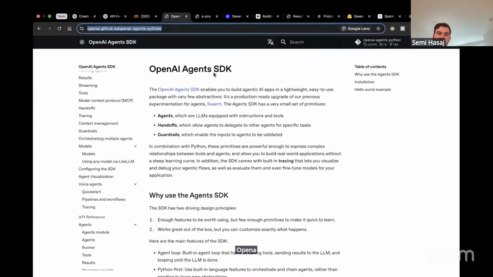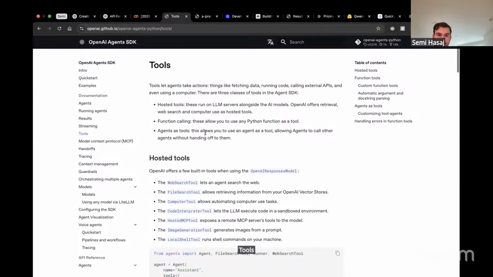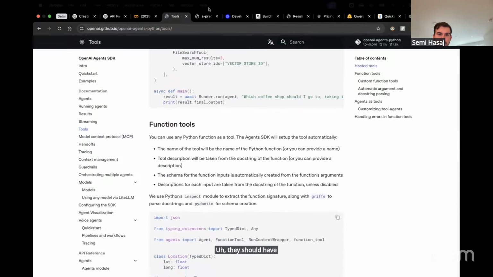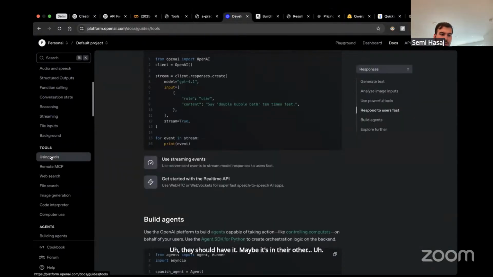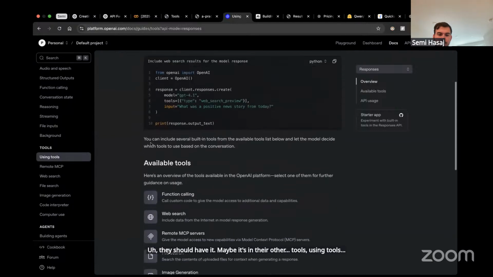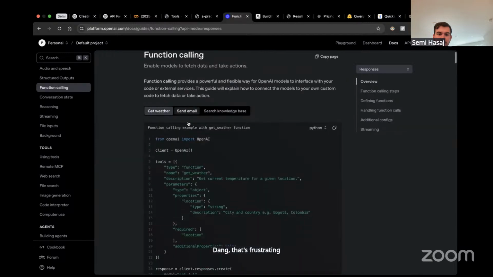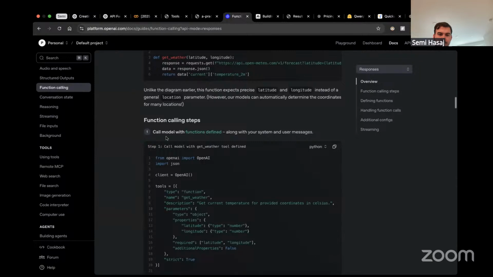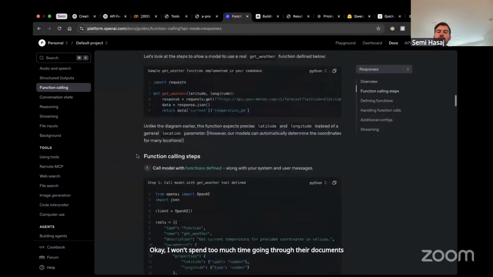OpenAI themselves, if you go to their documentation, have pages on using tools and function calling. I won't spend too much time going through their documents, but I think there are two answers to that question.